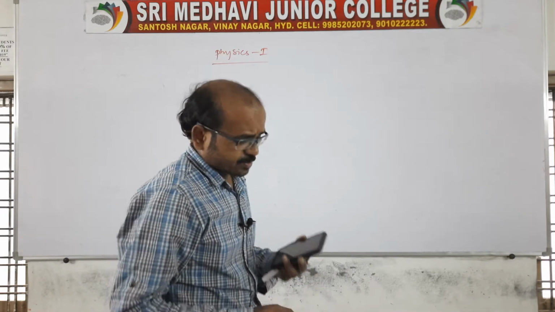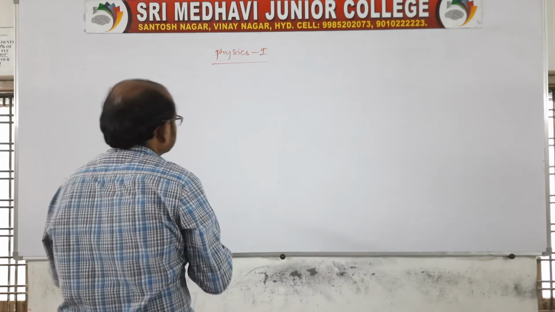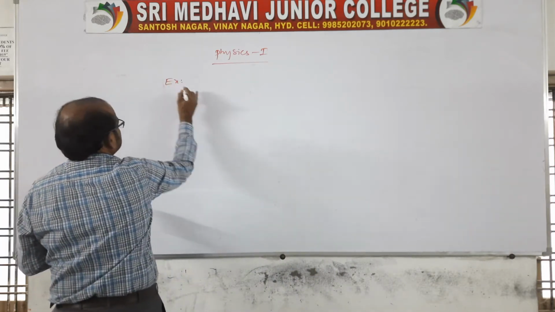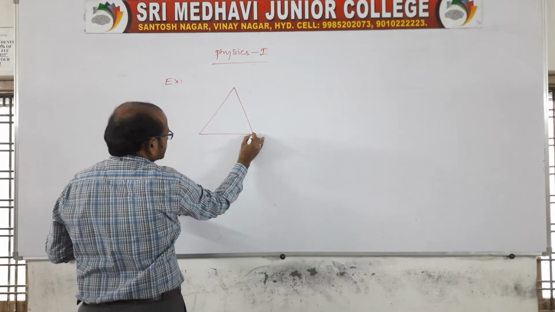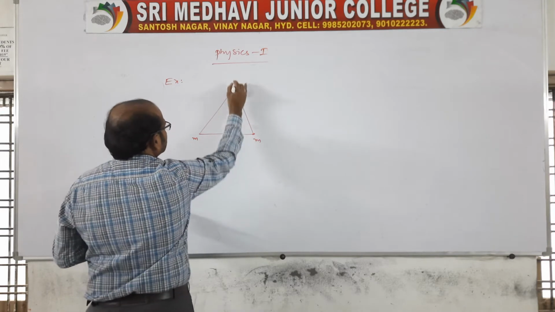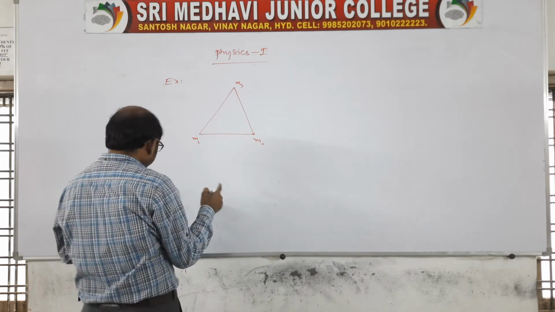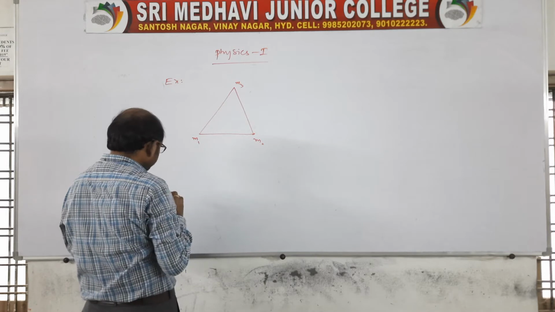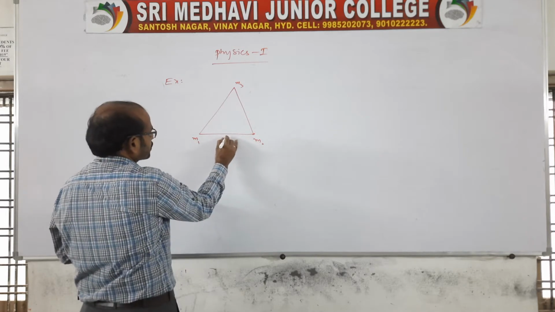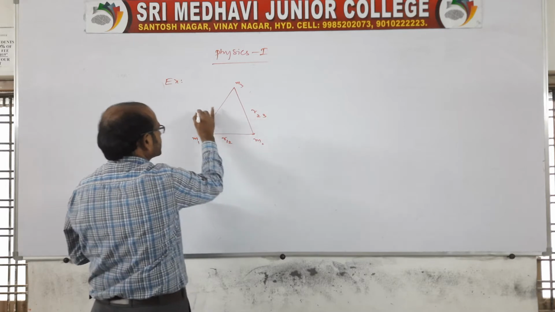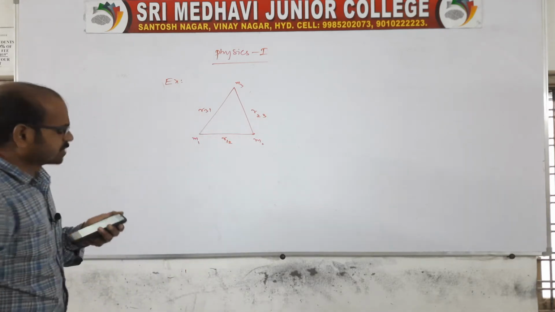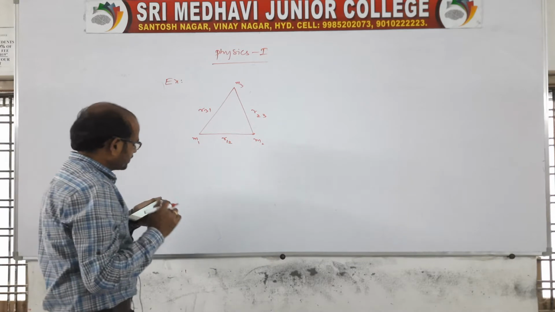In this case, suppose if two particles are given, if three particles are given, whatever the particles are given, we are supposed to add all potential energies. I'll tell you once again. If I give one more example, see, there is a triangle given with m1, m2, m3, which are particles placed at the corners of an equilateral triangle. The distance between these two is r12, and this is r23 and this is r31. Now we need to get the total potential energy of the given system.